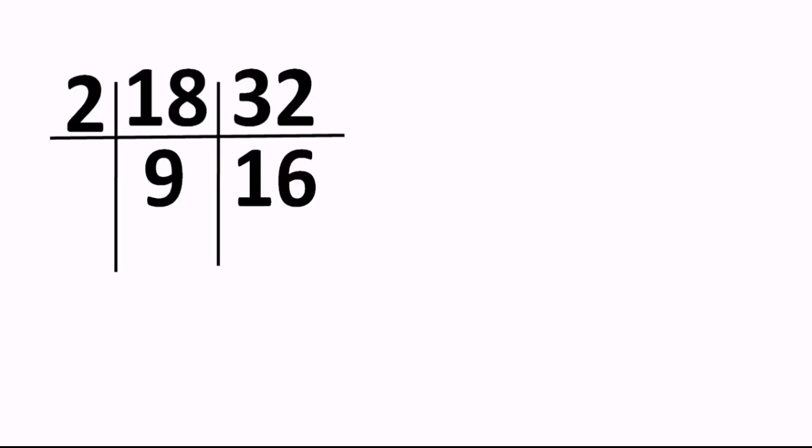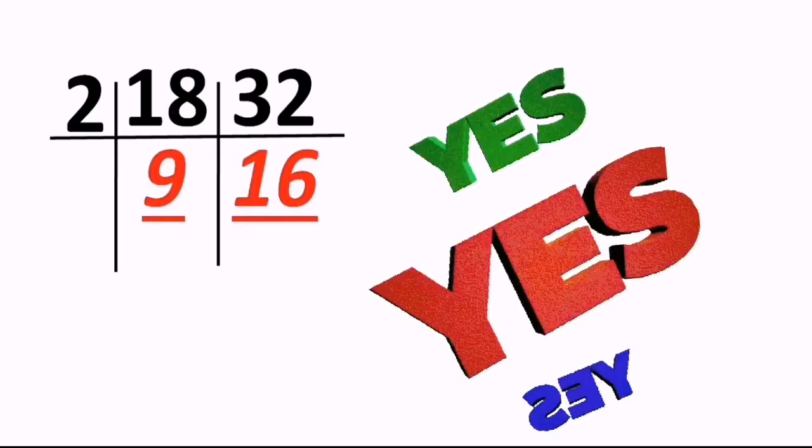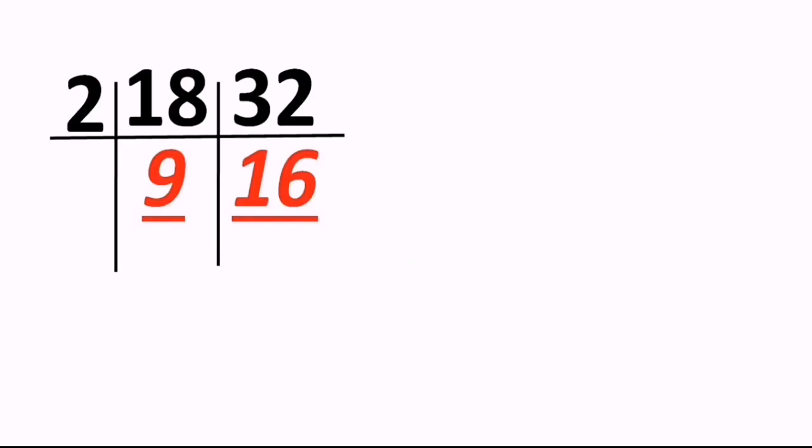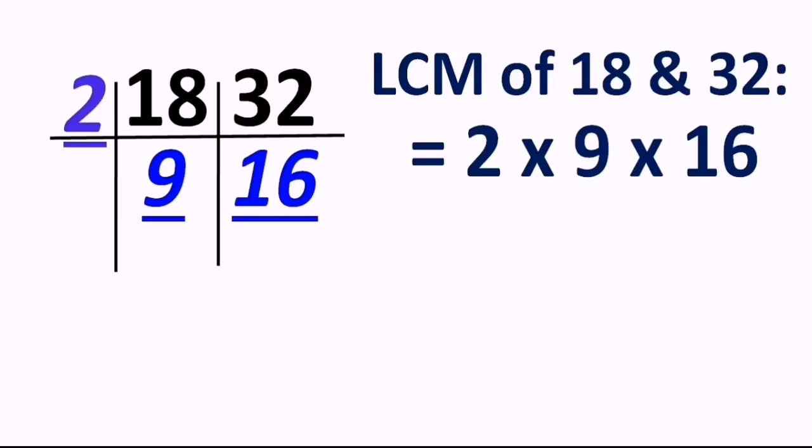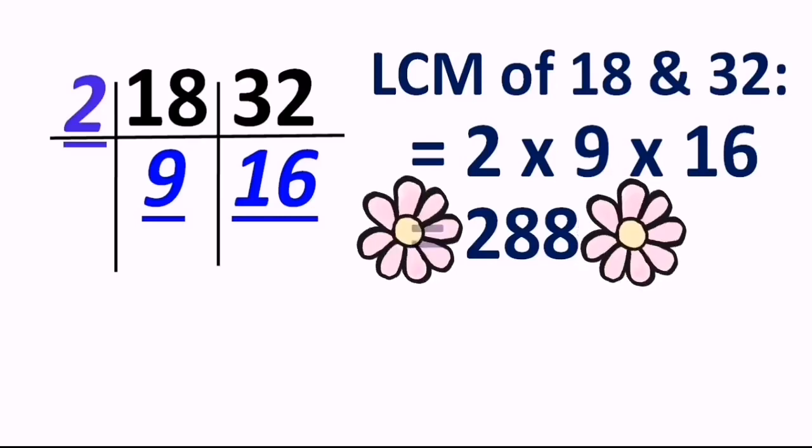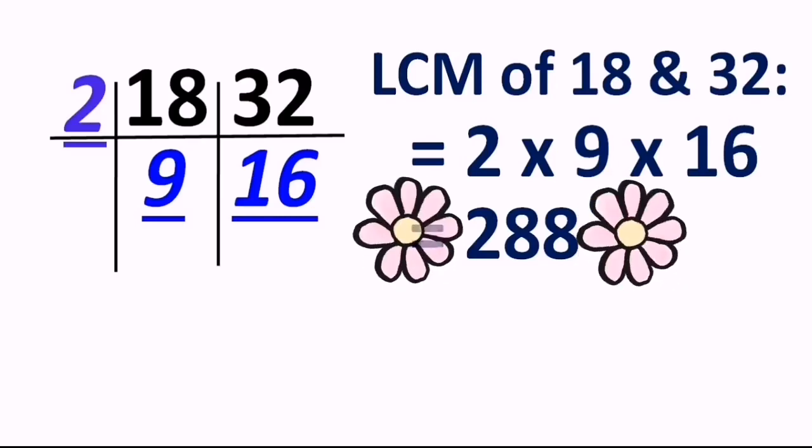So what do we have to do? Yes, our sum is over. That is the end of our sum, correct? Because 9 and 16 are not present in any other same table, or prime numbers table. And that's why we are going to stop, and here we go. All those corner numbers that I meant to say on the LHS, or the left hand side of the structure, and the bottom numbers, the remaining numbers which are not divisible by any other number, are going to make our LCM. So in the product form, 2, 9 and 16 results in 288, and that is our LCM for 18 and 32, right? Isn't it easier?